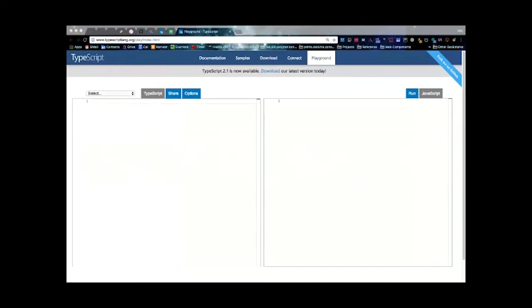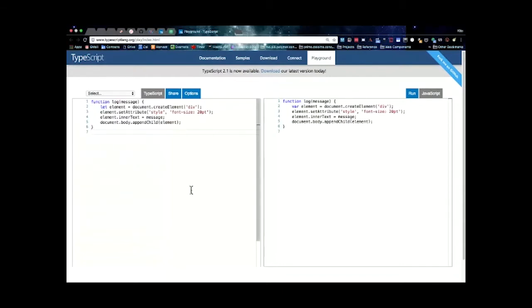So let's say what I want to do is first, I can just write a simple function, right? I can write normal JavaScript, nothing special here. All right. And you see on the right, it looks exactly the same. So I can write JavaScript, it works, it compiles, nothing exciting. But